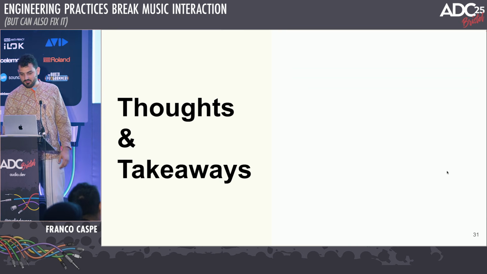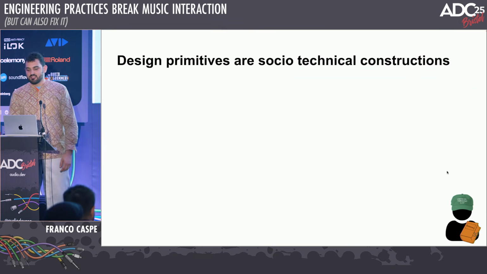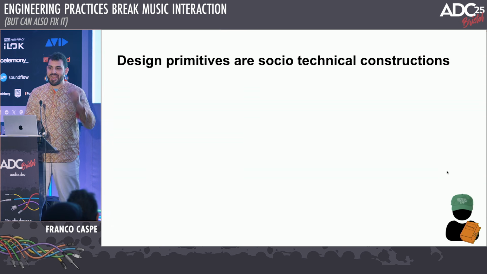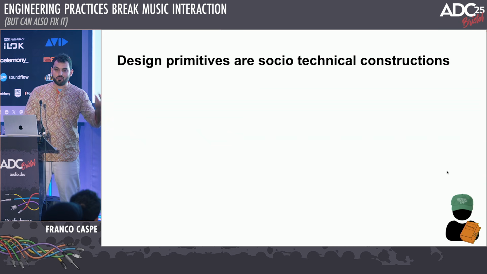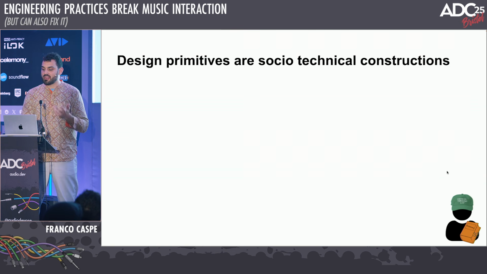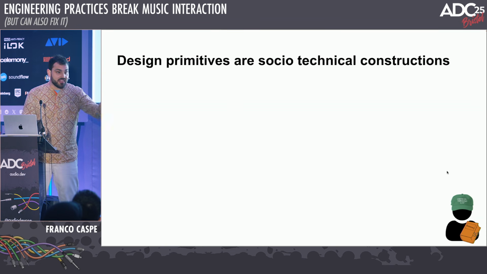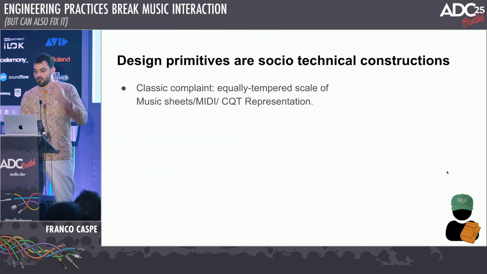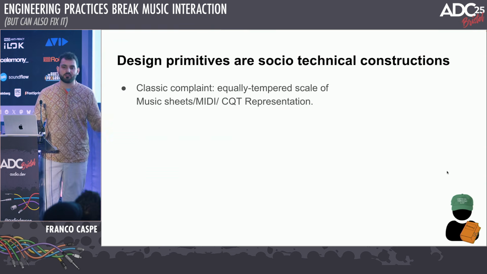So, okay, some thoughts and takeaways for this system. Let's remember, technology is not neutral, and it's always enacting this agential cut that happens between the measurement and the apparatus that should be measured. So we need to be very careful with design primitives, because as soon as we take a design decision, we buy in a pretty large set of beliefs and technical challenges that unravel out of that. Technology is not neutral, we have heard it too many times, right?